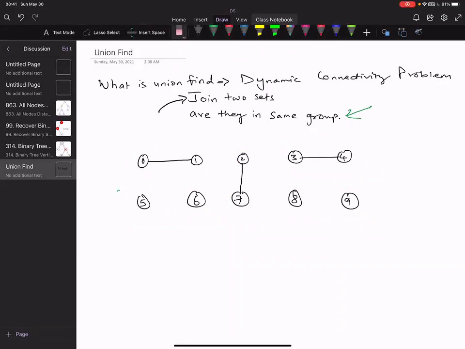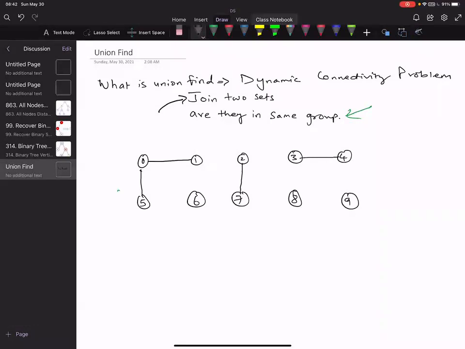I can also make another connection, 0 and 5. After that, I should be able to query whether 5 and 2 are connected, or whether 1 and 5 are connected, and that query should be fast.